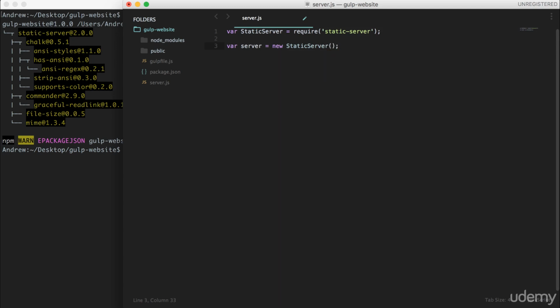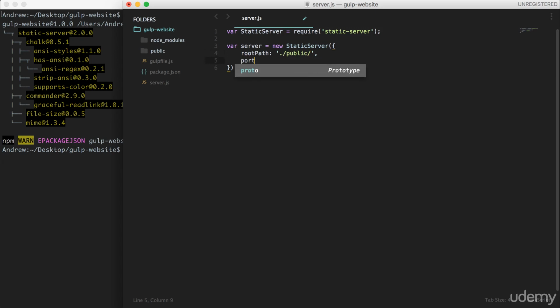A new static server takes a few options. There's two we're going to be using in this case. The first is the path to the folder. This is specified via the root path attribute. And I'm going to set this attribute equal to ./public/. And this is referring to the current folder right here, this public folder. If I were to do ./other folder /, then it would be looking for a folder in the Gulp website called other folder. In this case, it's looking for the public folder,